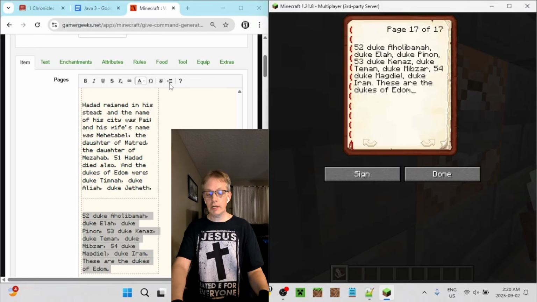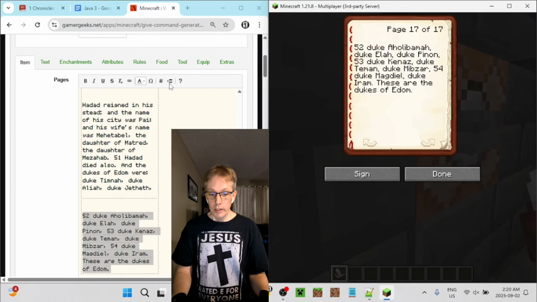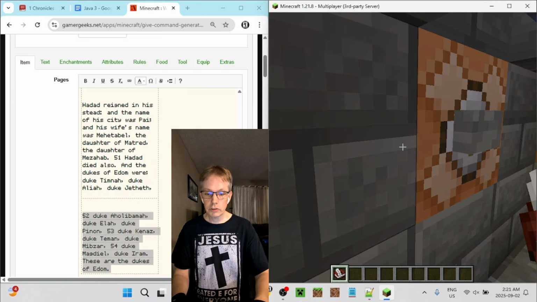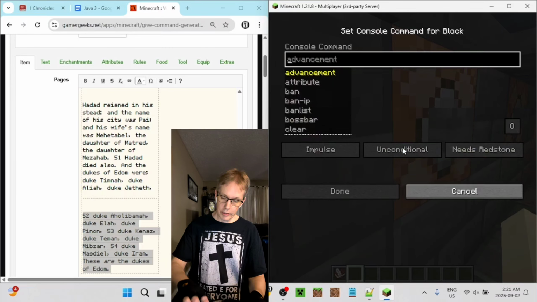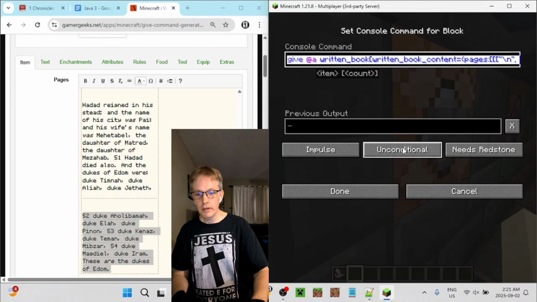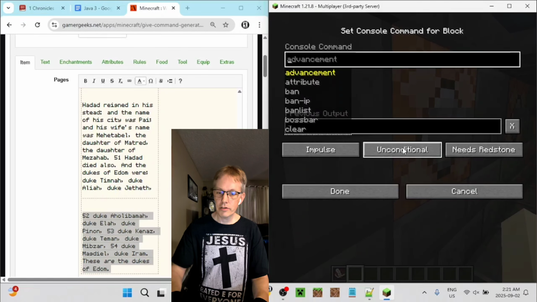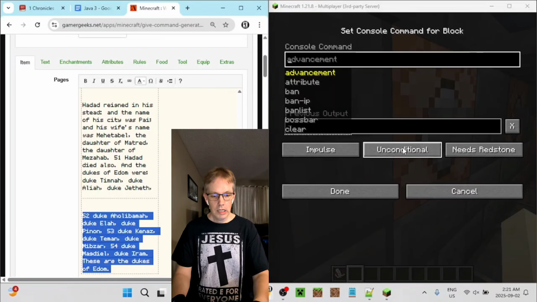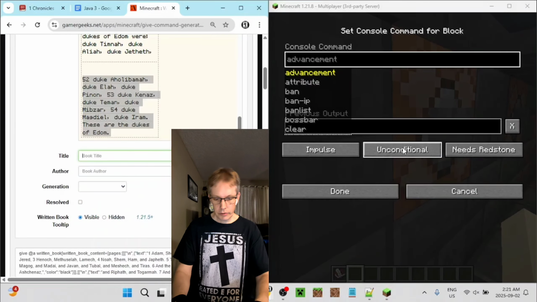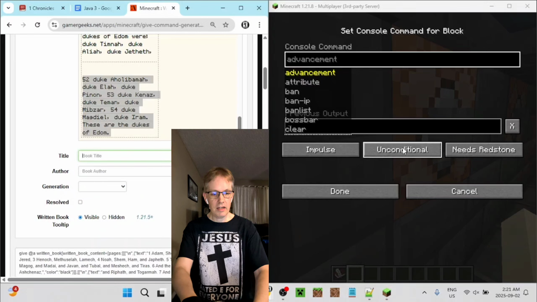Okay, that looks good. So now what I'm going to do here, go to this command block and just clear out the previous one that I was making there. And now I'm going to put in the metadata, in this case,